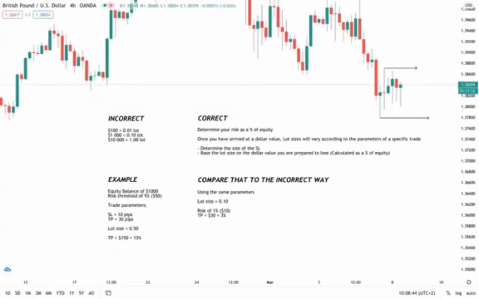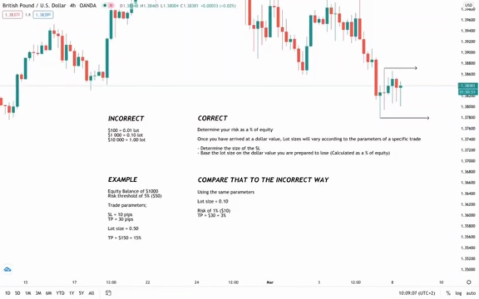Right, so let's discuss the topic of risk management. Now, before we dive into the correct way of doing things and looking at risk management in the correct light, let's have a look at the incorrect way of doing things. Now, the majority of these Instagram mentors teach you to calculate and implement risk management using the following formula,